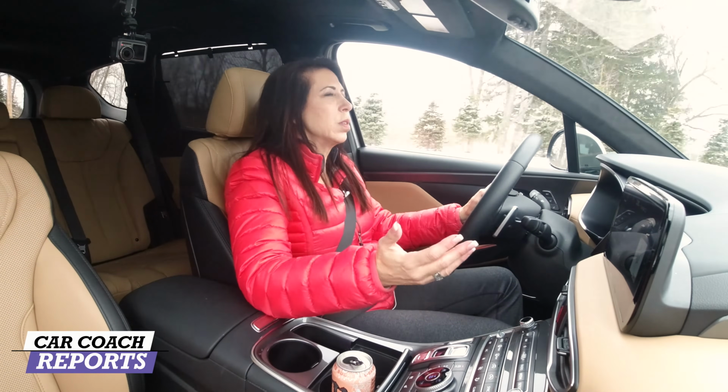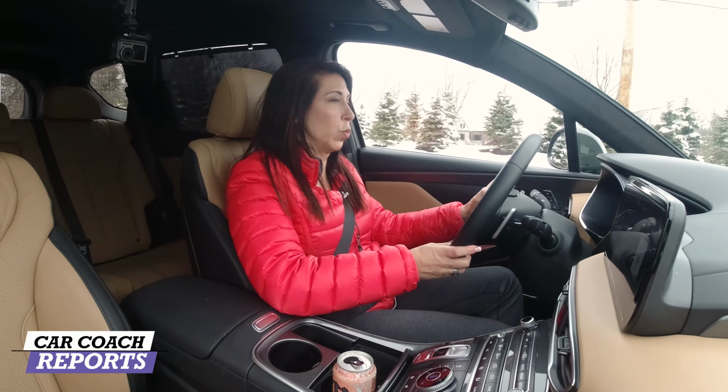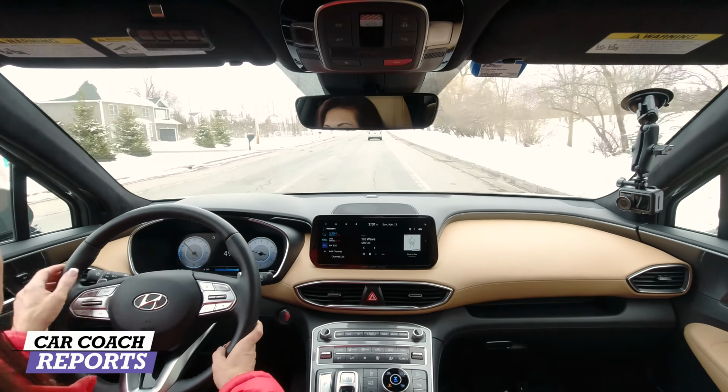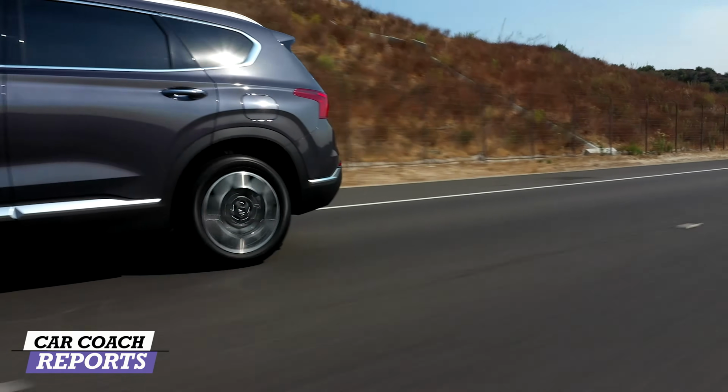No matter what mode you want to be in, you're getting the performance or lack thereof that you require, especially if you're looking for a fuel economy type situation. If you're really looking for fuel economy, go to the plug-in or go to the hybrid. You'll have other options. But as far as this vehicle handling over the rough roads here in New York State,